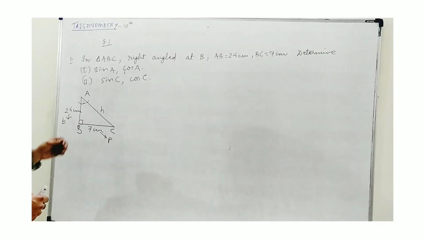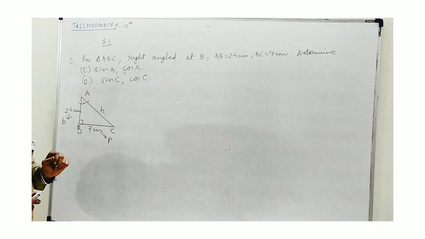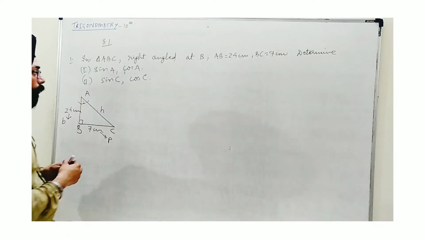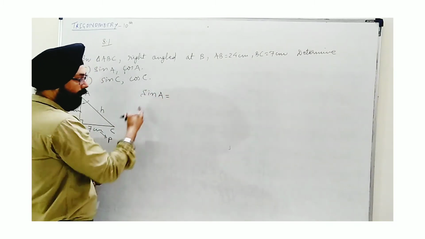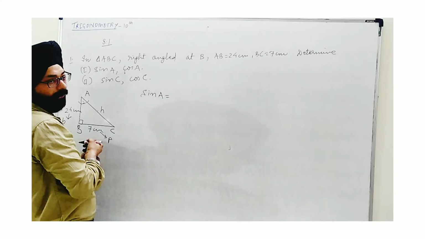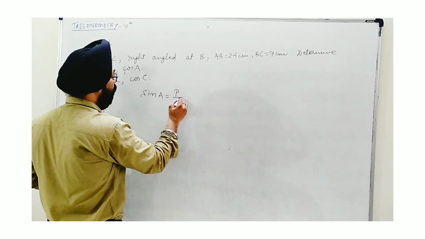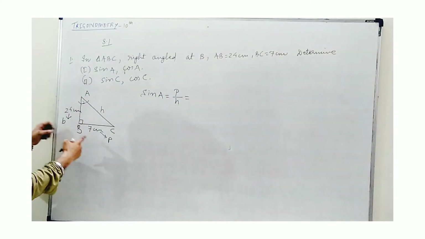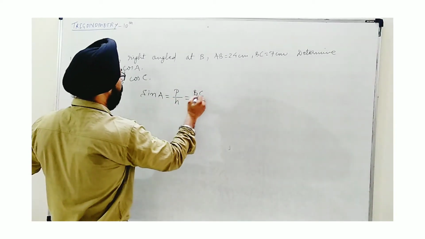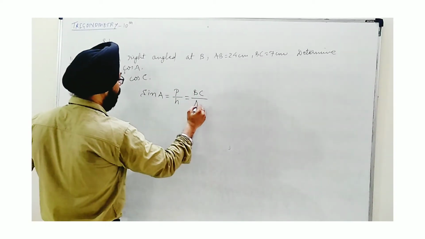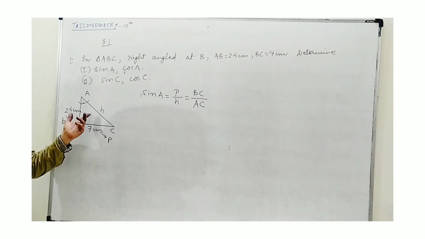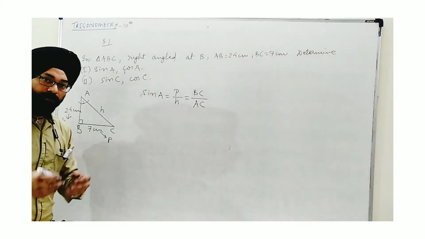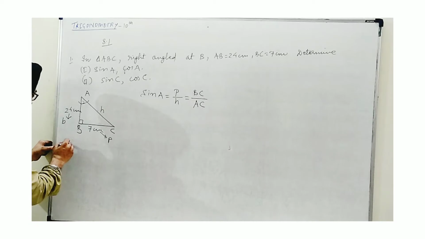Okay, now we have obtained these three things. What is required? We need to find the value of sine A and cos A. By the formula with a ratio, according to the theory, sine of A is perpendicular upon hypotenuse, and here perpendicular means BC. So we will write BC upon hypotenuse, which is AC. But we are not given the value of AC. Only base and perpendicular are given. So to find AC, first of all we have to use the Pythagoras theorem.